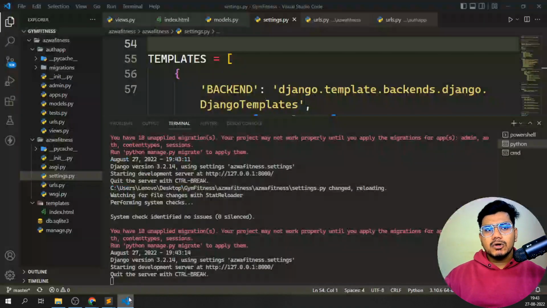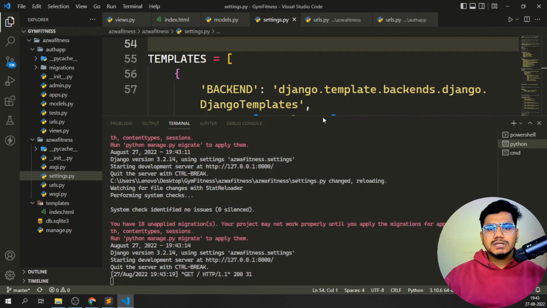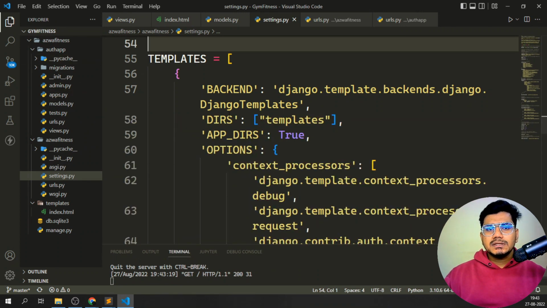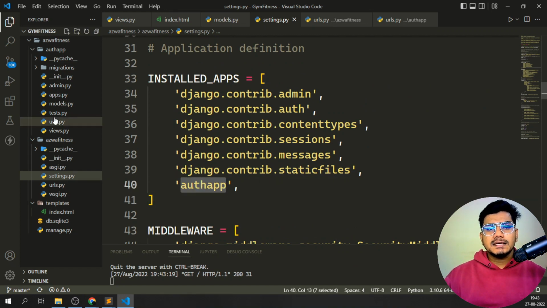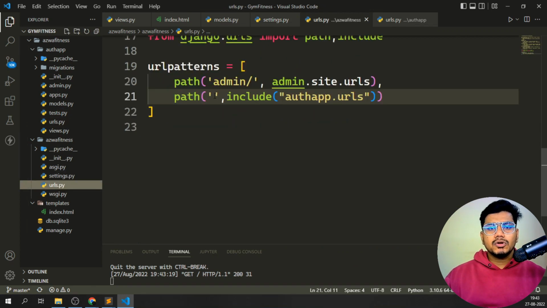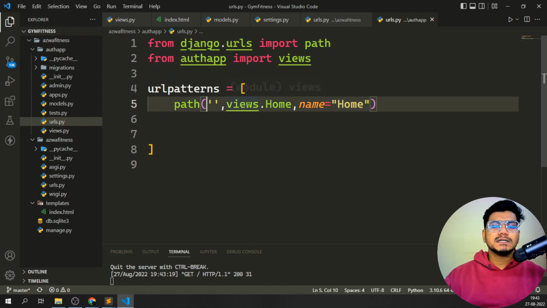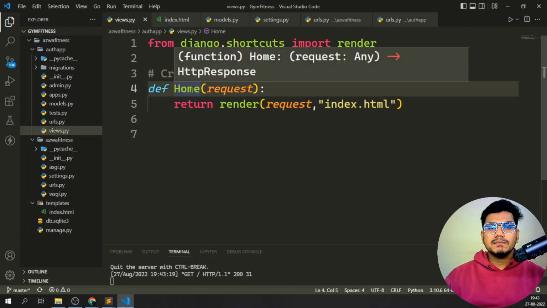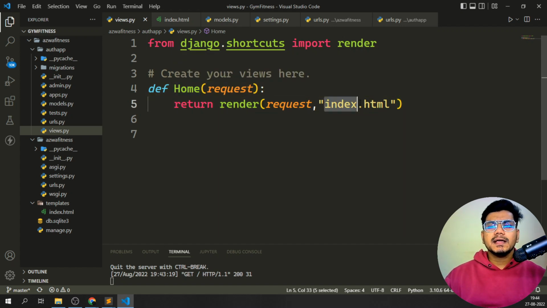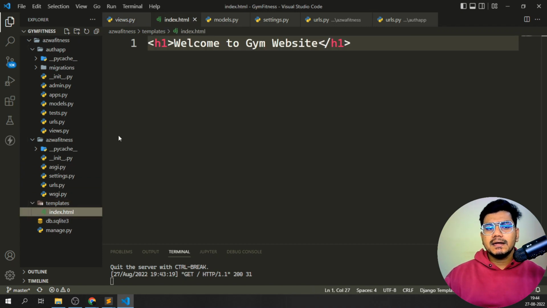So again, first I need to initialize the application in my settings at line number 40. After initializing, I'll initialize the URLs for the localhost and include the application's URLs. It will jump from here to here. Again it will see which is the path, and then go to the views.home function. Views is nothing but this file. It will run the function by the function name, that is home, and it is going to return an index.html file. So I created a new folder in this fashion, and I created an index.html file,